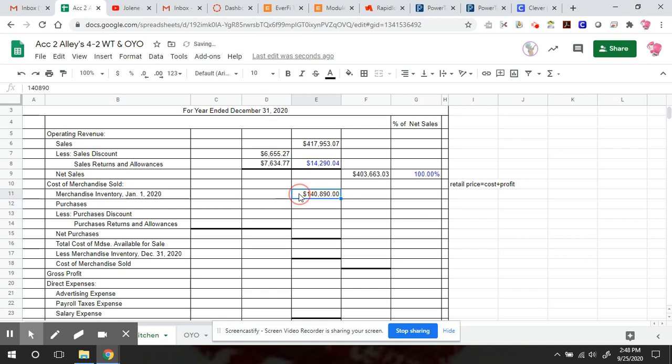Okay, so that's how much they had on January 1st to start selling to their customers in the year 2020. That's what they started the year out with. Now we have to look at purchases. This dollar amount is still on your adjusted trial balance, and you have to look for it. We're doing kitchen, Beth. Kitchen, yep. So the kitchen dollar amount of purchases is